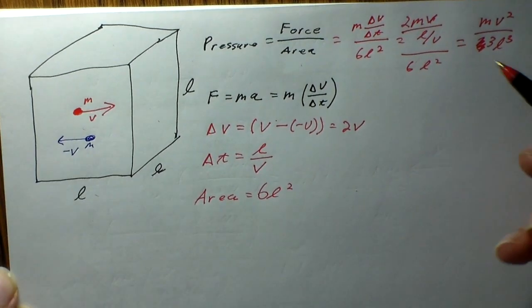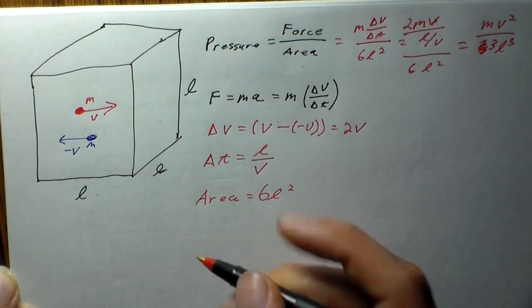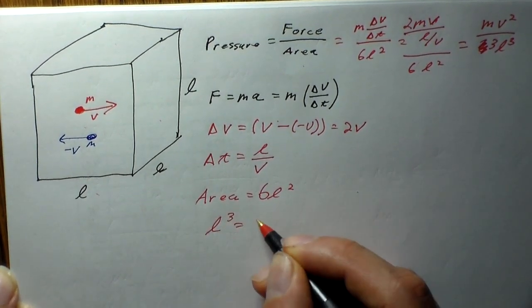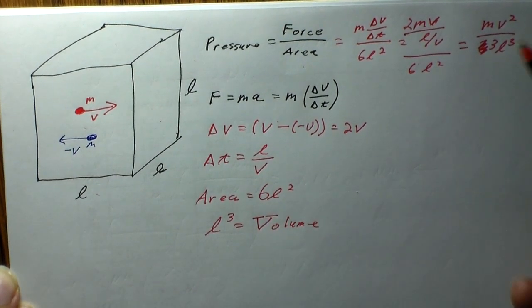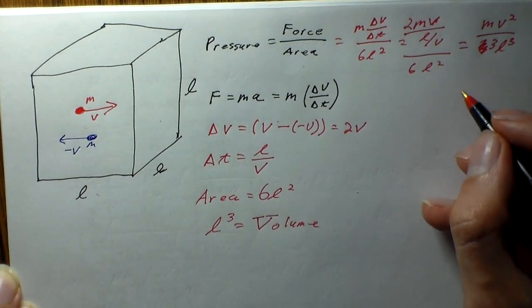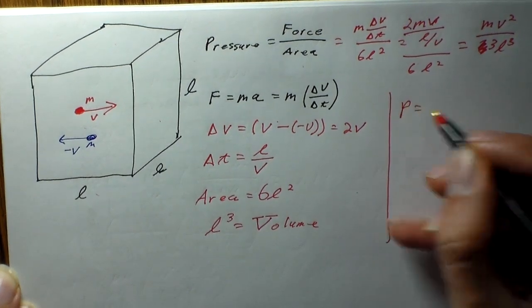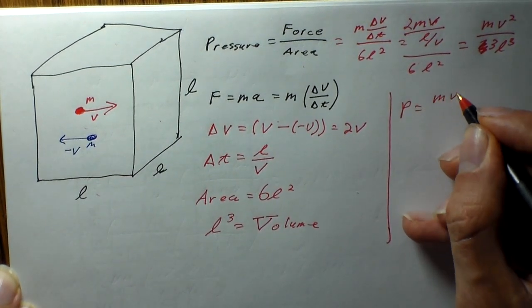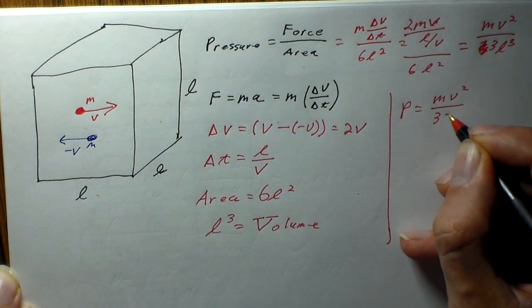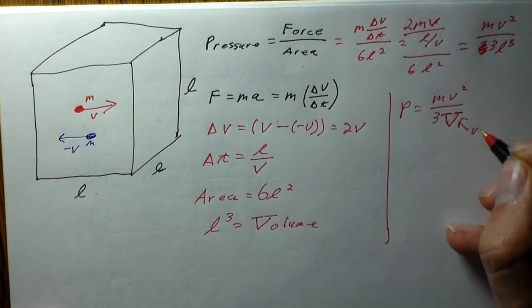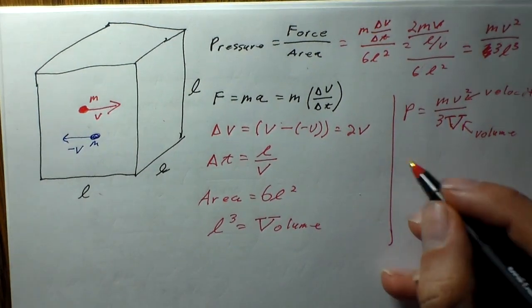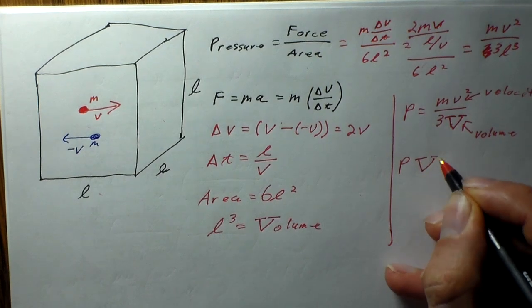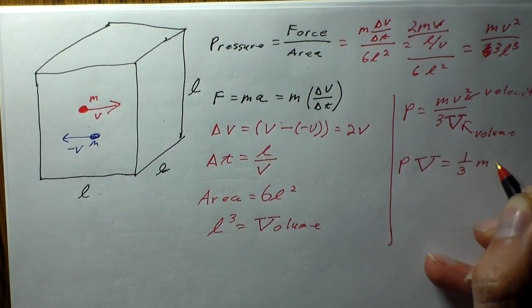3L cubed. Now, L cubed, if we think about this, what is that? That's going to be our volume. And I just wrote the volume with this weird little v just so we don't confuse it with the v, which is my velocity. So I can write here that my pressure is equal to mv squared over 3 times the volume. This right there is volume, and this one up here is velocity. Now that means we can obviously just rewrite this as the pressure times the volume is equal to 1/3 mv